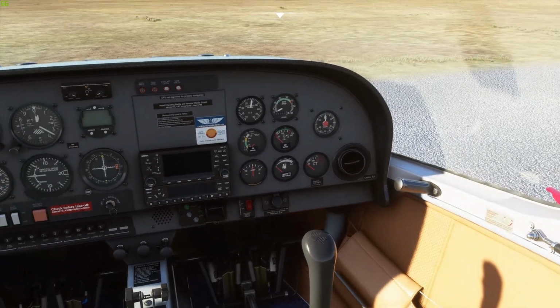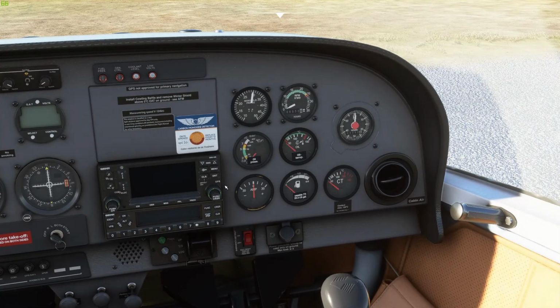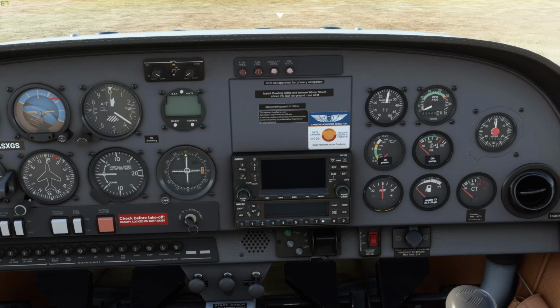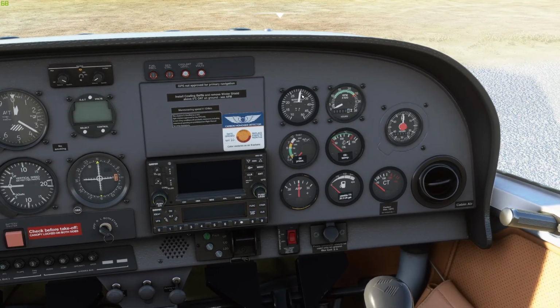We can just zip over here and have a quick look at the instruments. These look like they're out of a car, and they probably are, to be honest. So manifold pressure reads in inches of mercury, and on the ground here it's reading ambient atmospheric pressure. So essentially this is the same as your QNH, so that's 29.92 or so. So this should read 29.92 as well. This is the manifold pressure, so the pressure inside the manifold, the inlet to the cylinders of the engine. So as we start the engine, this will drop right back down, and then it'll increase as we increase the